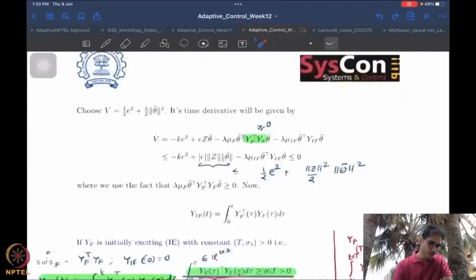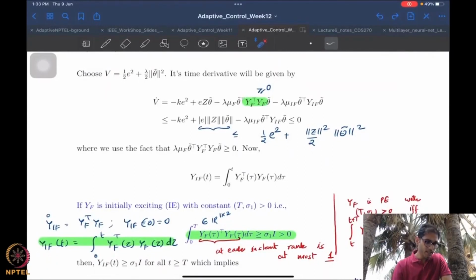Now, if initial excitation is not there, then we are in a rather big soup, because then we are left with this kind of a term, and this is not even positive definite. If there is no initial excitation, then this term is not positive definite. Let's remember that this term is not positive definite here. Then it's not very clear how this kind of a term can be dominated.